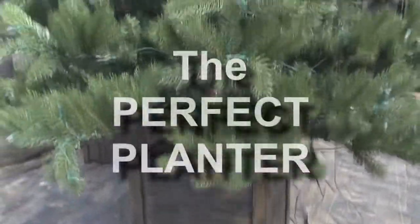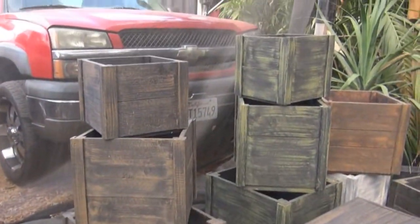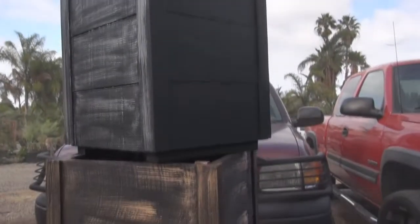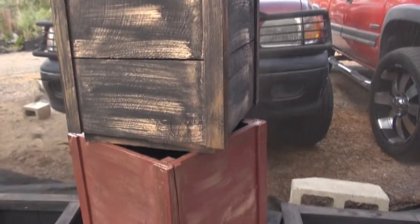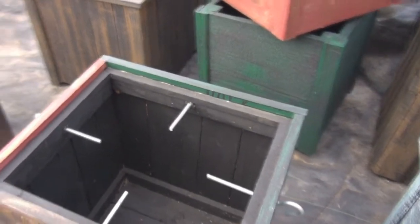This is Jim's latest invention, the perfect planter. Here's where we started with the planter boxes, and we've been very successful with the different colors, with the hand-painted faux finishes. And then it was determined last Christmas that there was something lacking in the Christmas tree industry. So what I decided to do is try and create a planter that would support the Christmas tree and create